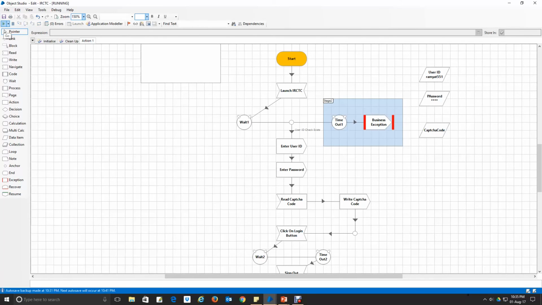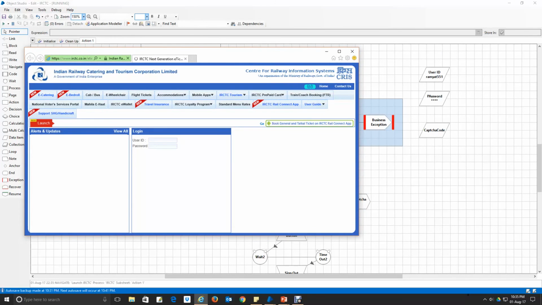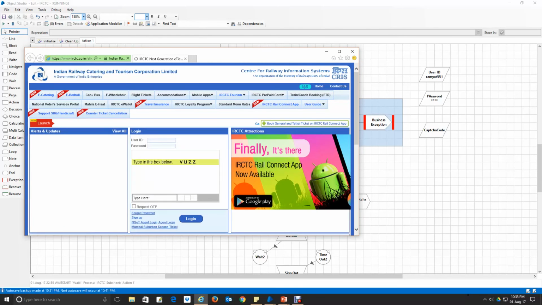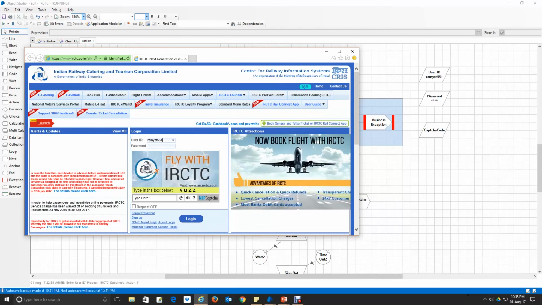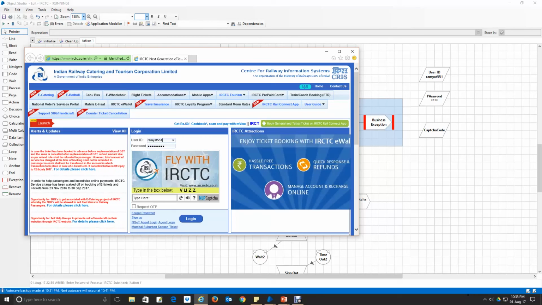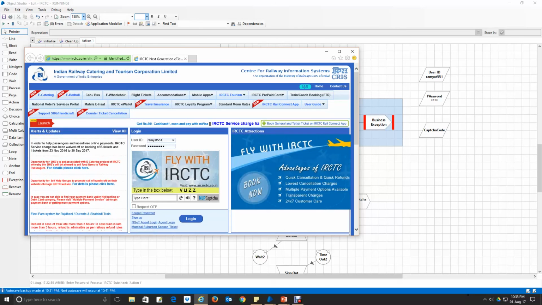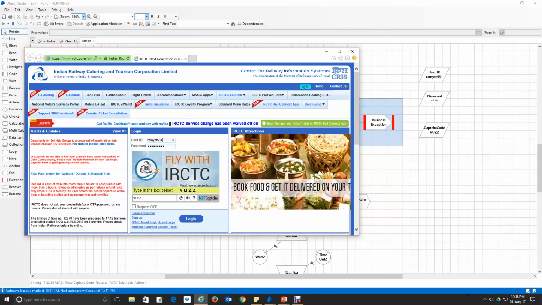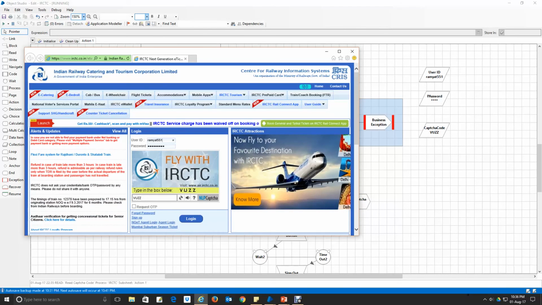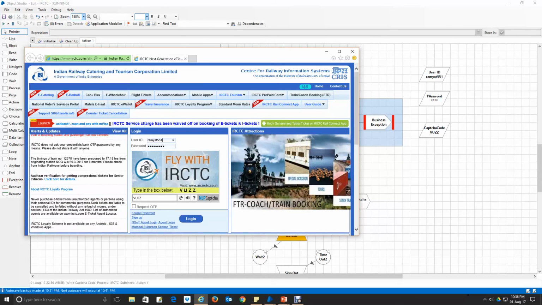Observe carefully. It launched the application and then moved to the wait stage. That will wait until the page is loaded. Once the page is loaded, it will provide the username and the password, and it will spy the particular captcha code and paste it in the required field. You can see that the captcha code is already captured here, on the right side in my Blue Prism, and it will click on the login button now.